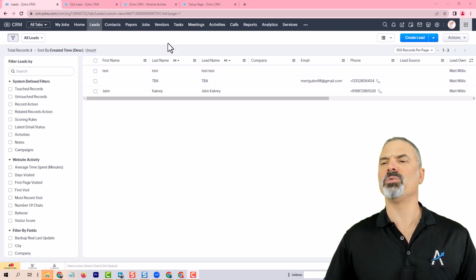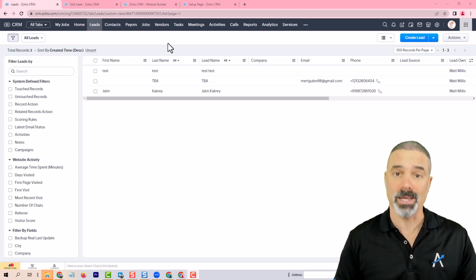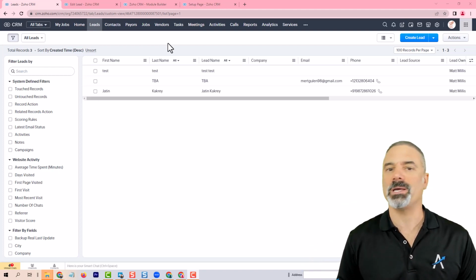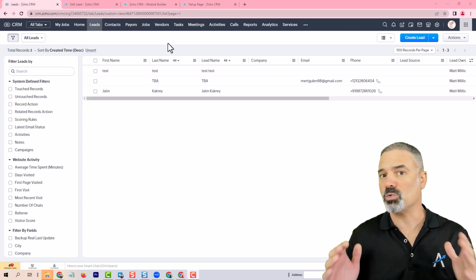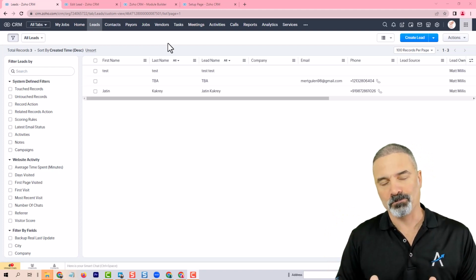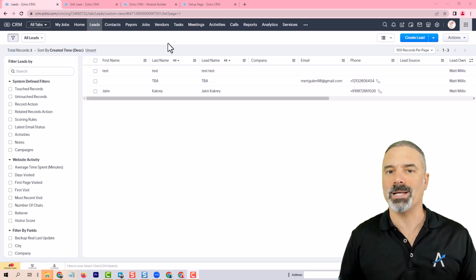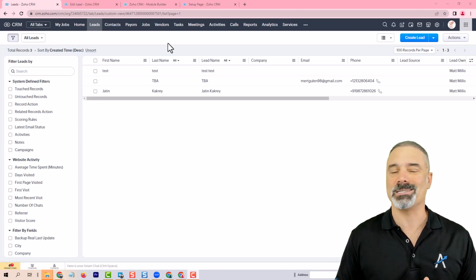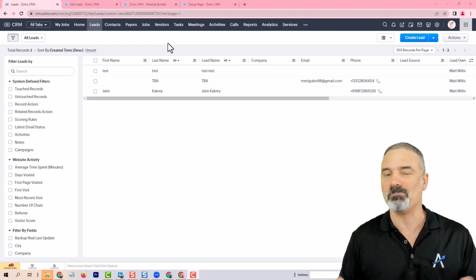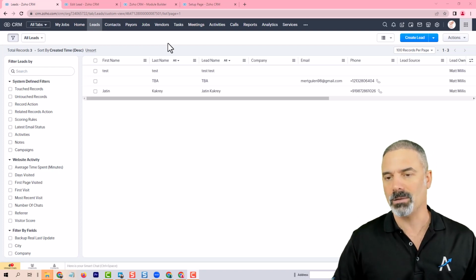The working view will allow me, the salesperson, to see exactly what I need to do today. If I have 200 leads that I'm supposed to take care of, I don't care about those 200. I care only about the ones that I need to contact today. Some leads will ask me to contact them in the future, and obviously it's not helping me. Some leads will be lost leads. Obviously I don't care about them. Some of them are junk. I don't care about them. I care only about the leads that I'm supposed to take care of today, and that will allow us to